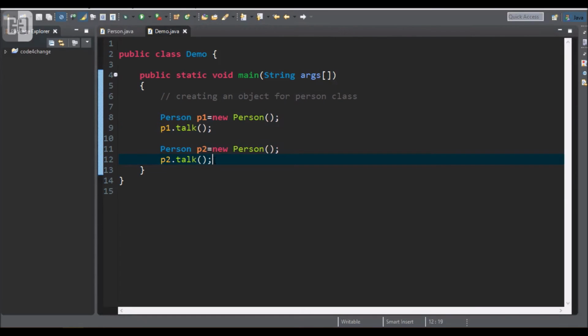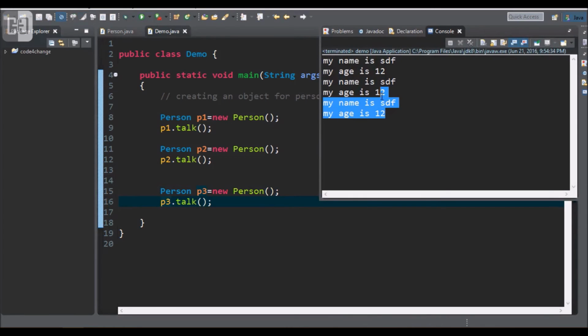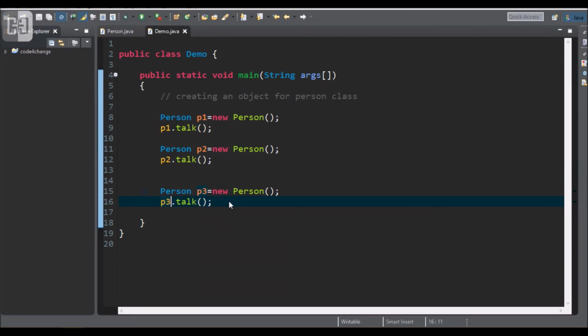We have written something like Person p3 is equals to, so I'll just copy this and paste here. So Person p3 is equals to, and p3 dot talk. So the same data is going to be assigned to this instance variable. So that is the use of default constructor.